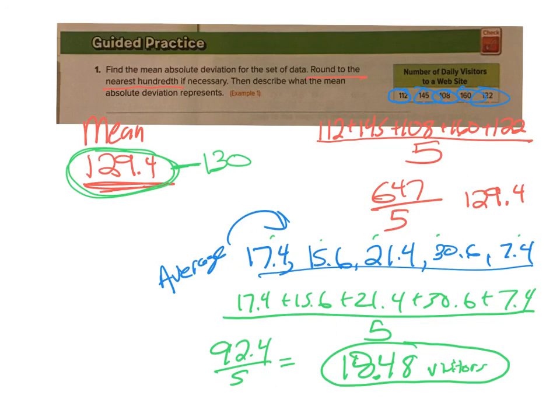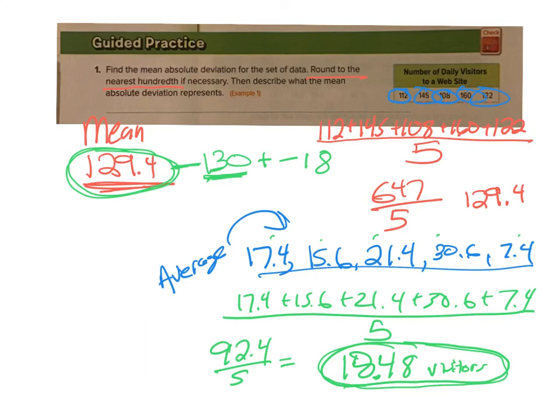Now, this 18.48, and let's just round that to be 18, is how far it goes up or down. The average, it's either going to be plus or minus about 18. It might actually be 130 sometimes, but it's going to be 130, maybe plus 18, so it might be 148